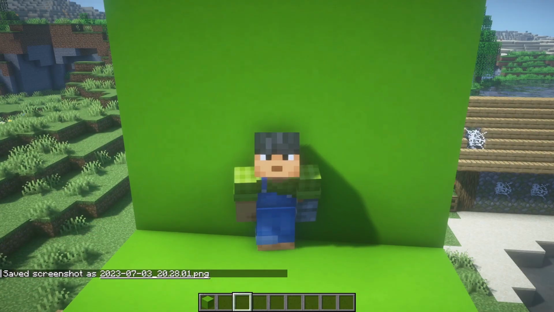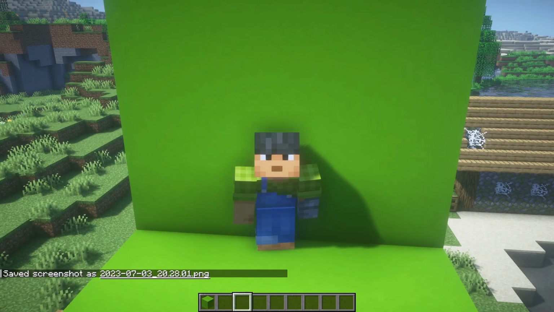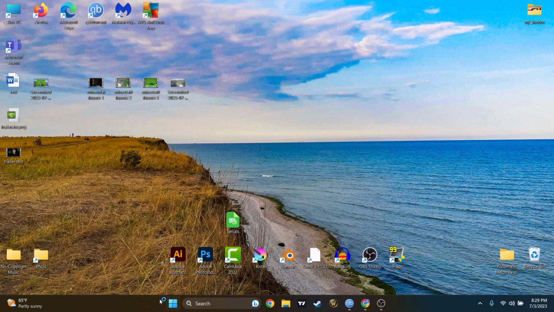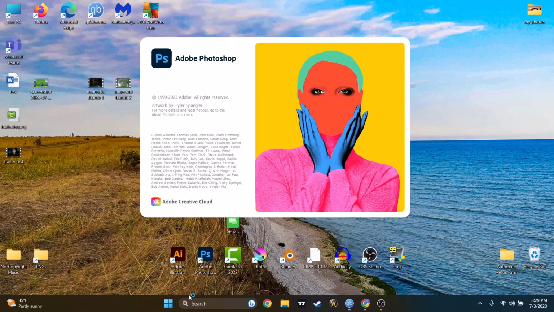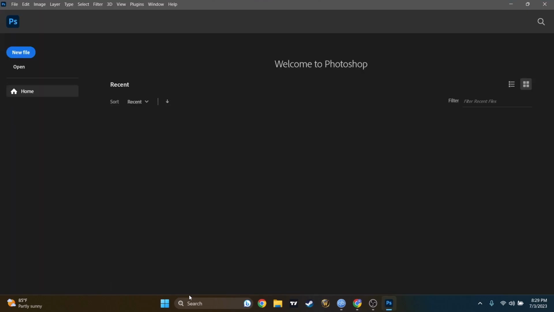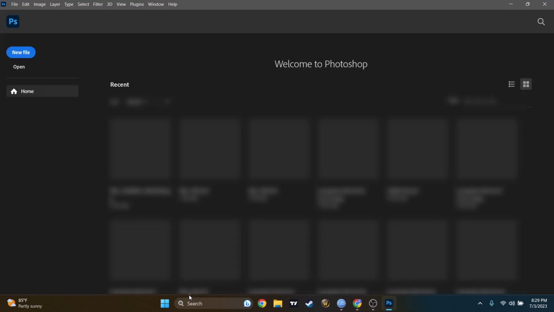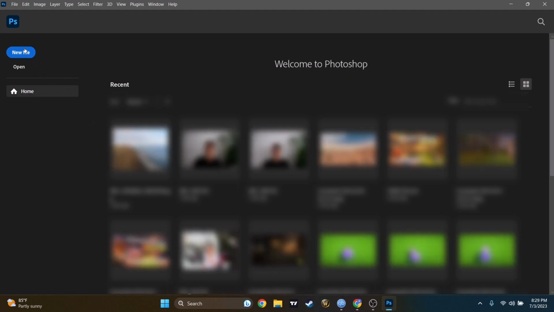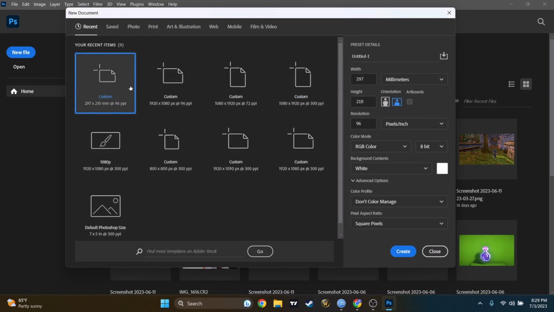Done. Okay guys, let's open Photoshop and combine everything in one piece. Found it. It's 2023, you can get that. It may sound complicated to use Photoshop, but believe me, it's complicated only at the beginning, then it will make your work very, very easy. So once you have Photoshop open, come on, it's not loaded yet. You'll have to press on new file, then you can go custom. Let's go with, I don't know,